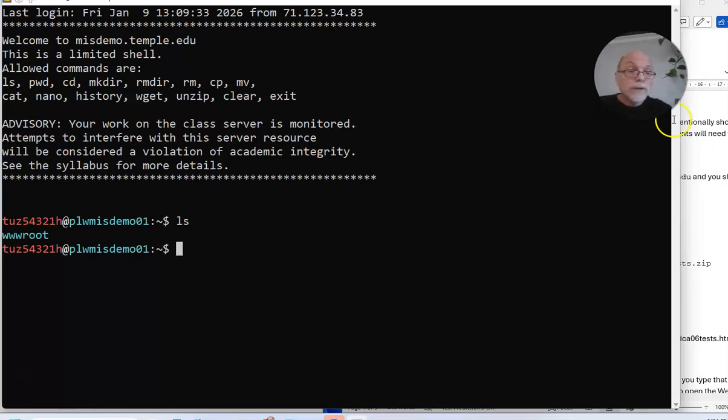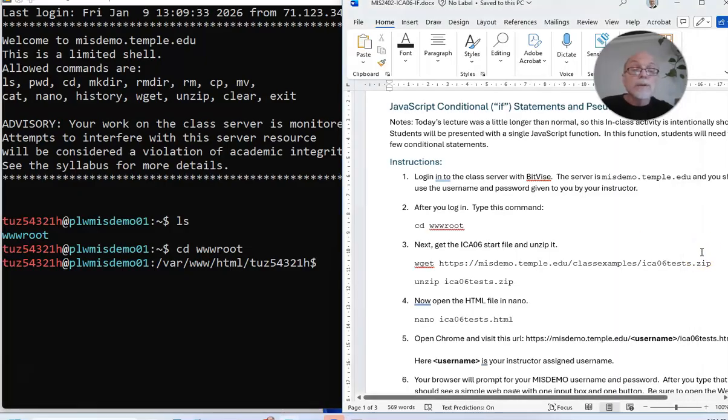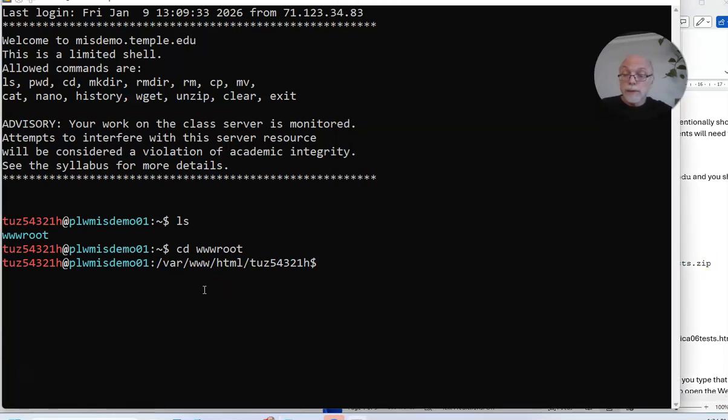Okay. What does it say to do? I should cd into www root. It looks like that's a folder of some sort. So cd www root. And now I'm in my web root, right, for that user. And I'm going to get my file that has all my starter material in it, and then I'm going to unzip it. So that's my command there. Class examples ICA06 tests.zip. So I'm going to type wget https misdemo temple.edu class